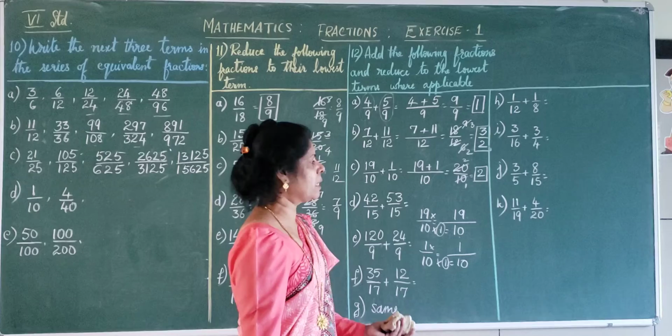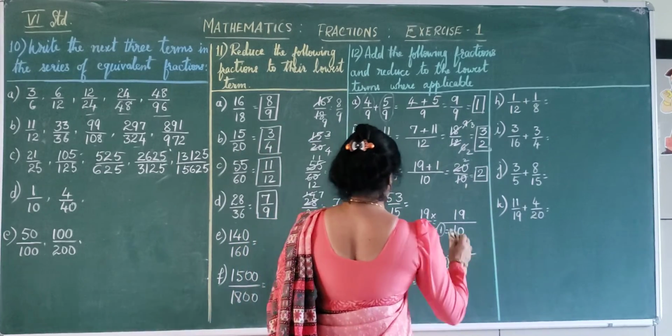2 divided by 1 is nothing but 2. So children, now